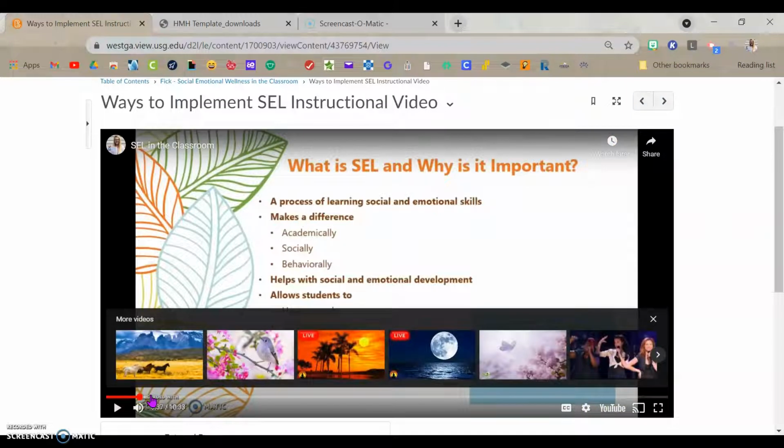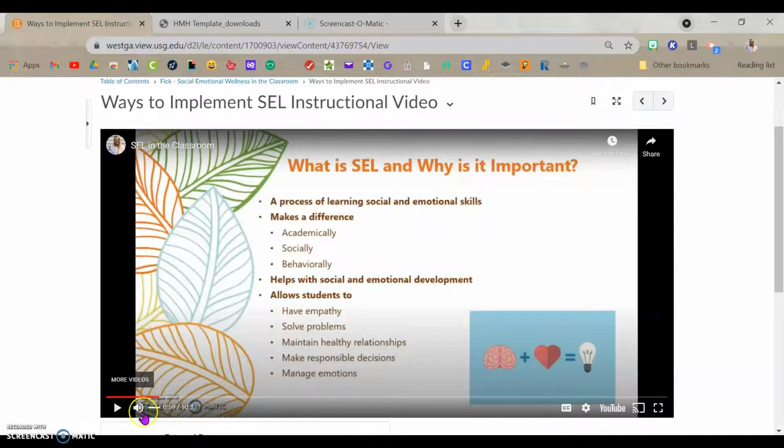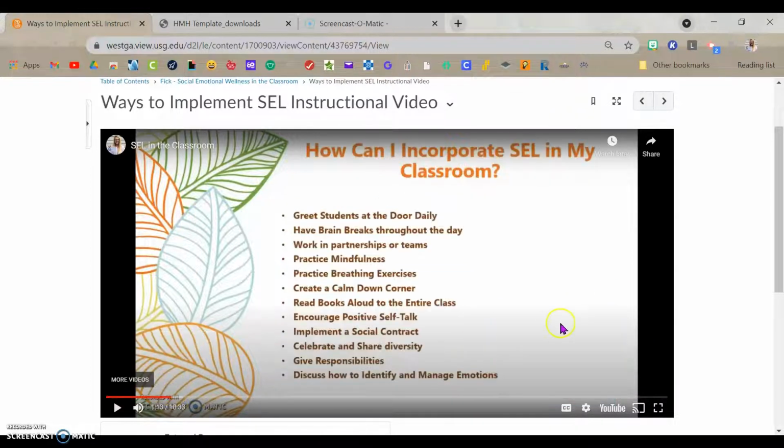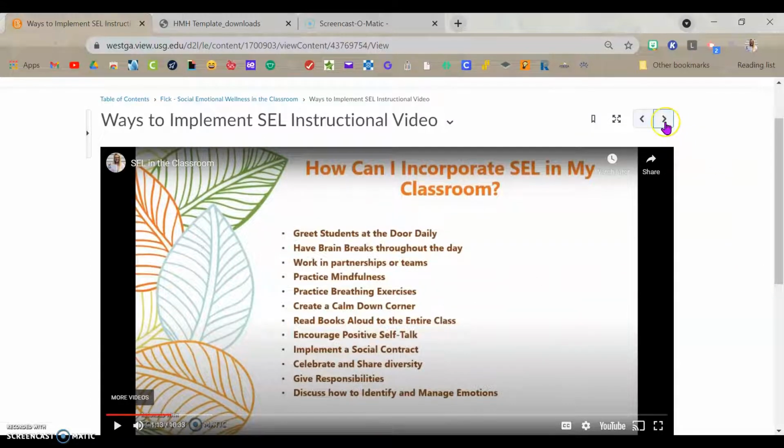You can go pull it up on YouTube, in a different window if you wanted to. Right here, I have different ways you can incorporate it, and then throughout the video, it would explain what each one is. So this is relevant to the next activity in the module that you would need to watch. So watch this, and then after that 10-minute and 30-second video,